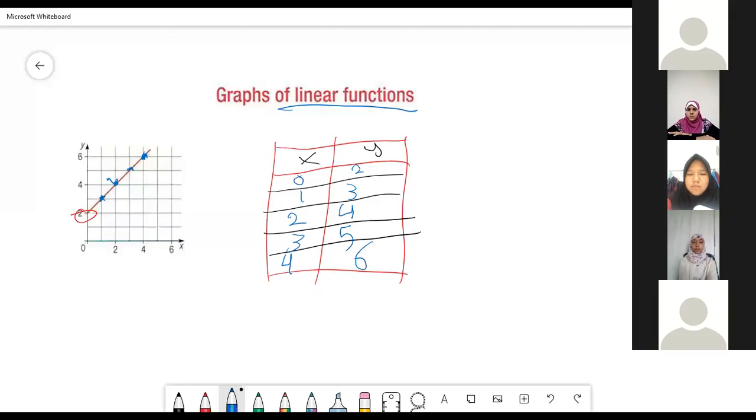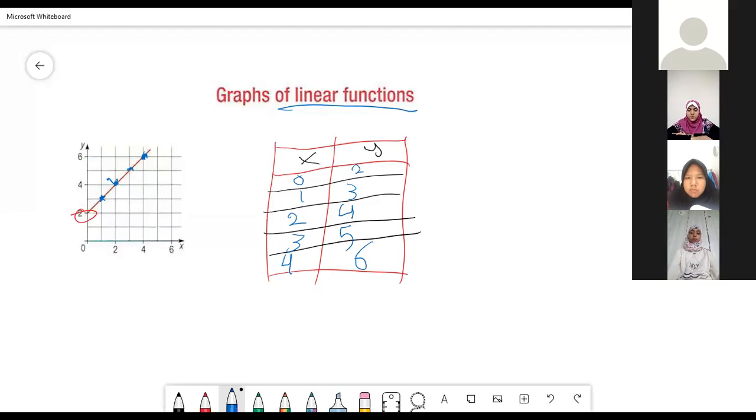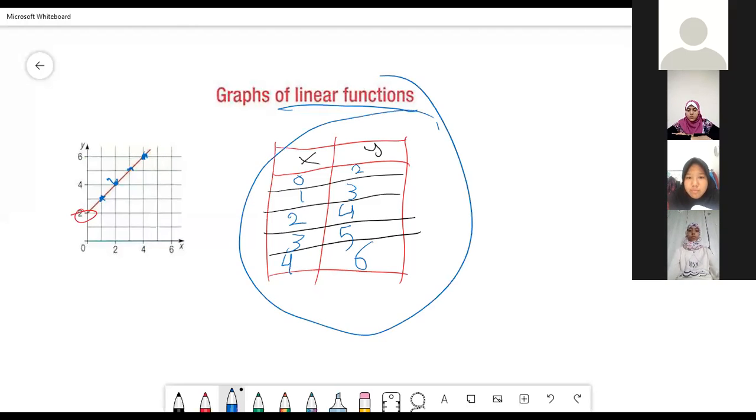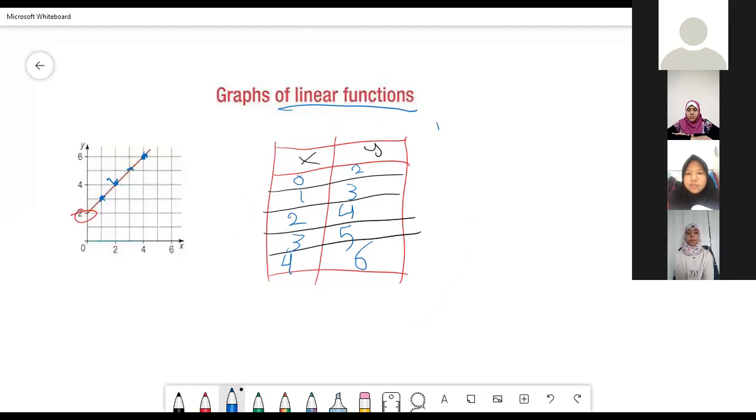What do you notice from the table? Do you see that we have a table for inputs and outputs, like what we have done yesterday on the functions, inputs and outputs, right? Right, guys? All right. So can we have a rule for this table? Can we have a specific rule that controls this pattern in the table? Can you think about it? For example, can we say y equals